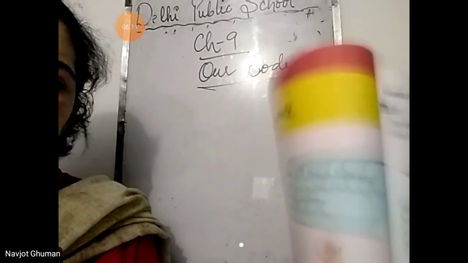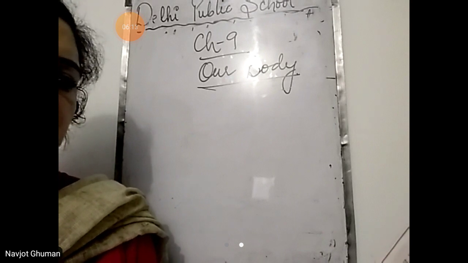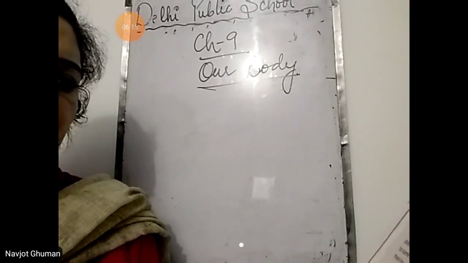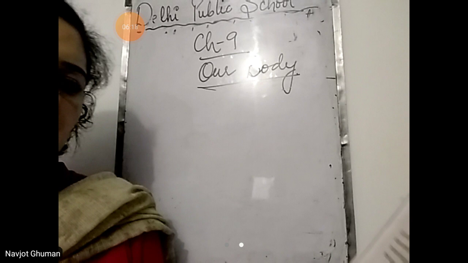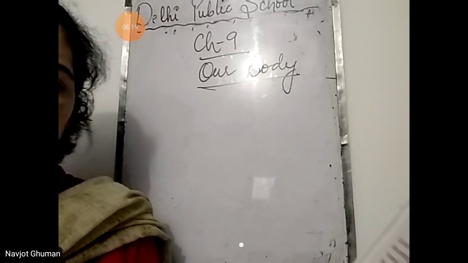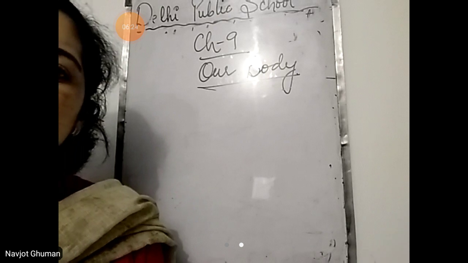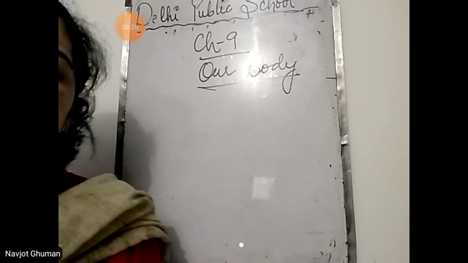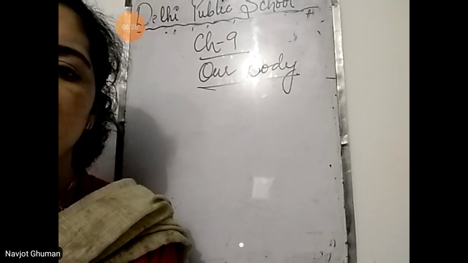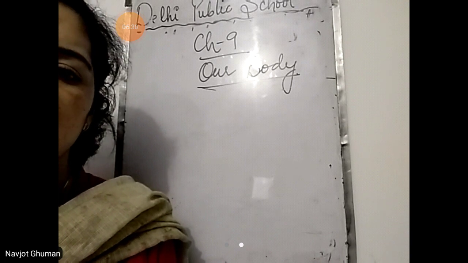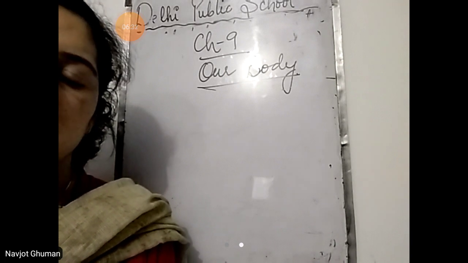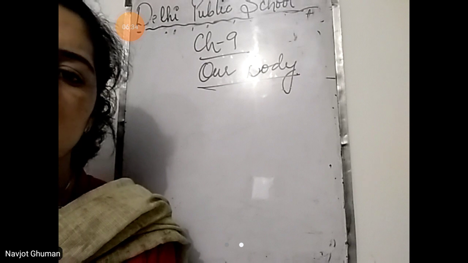Page number 88. Our body has different parts. Each body part does something special. Fill in the missing letters to name the body parts. Then match them to their location in the internal body correctly. Yes, beta, our body has different parts. We have hands, legs, feet, other parts, stomach, lungs, heart.